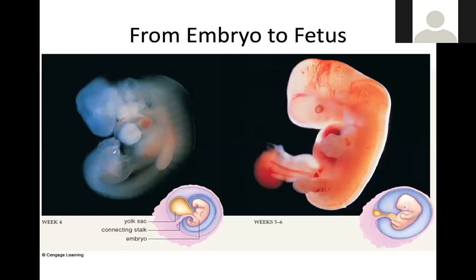So now we have that going from an embryo to a fetus. Sometimes you hear me throw the words out like embryo, fetus, zygote, baby. It's all about what time in a certain amount of weeks and what developmental stage this body of cells is in. So at week 4, it's considered an embryo, and from week 5 to 6, it turns to a fetus. You can see here at the bottom the yolk sac and the connecting stalk and